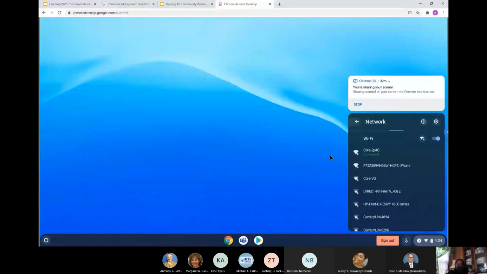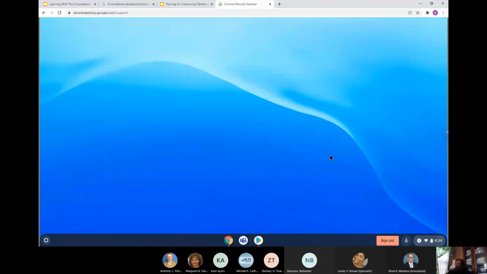Same thing with our HCPS wireless. When the Chromebook gets within range of a school, it'll pick up the HCPS wireless automatically. So users can set that for their home network too. And then also from here,